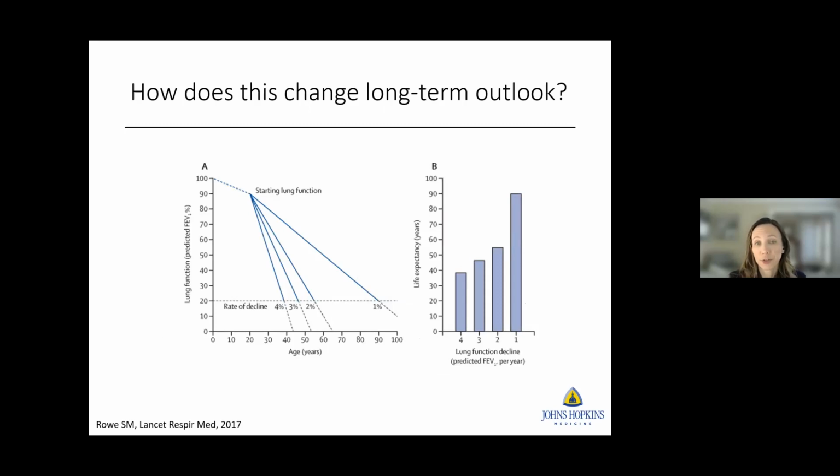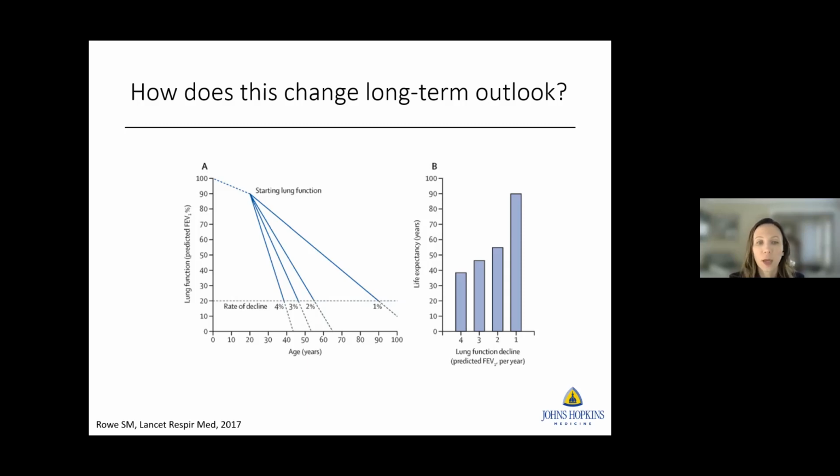So how do the modulators change the long-term outlook for CF? Well, what we're really helping to do in restoring CFTR function is to change the trajectory of lung function decline. So we expect people over their lifetime with CF to have a decline in lung function. That's just sort of a given with this disease. But what this graph is showing you is when we change the trajectory of that decline, what does it do